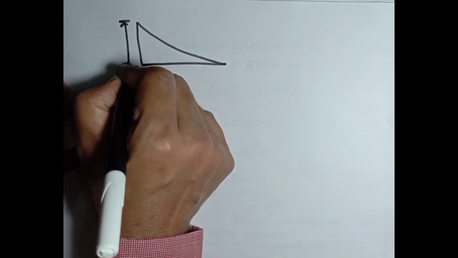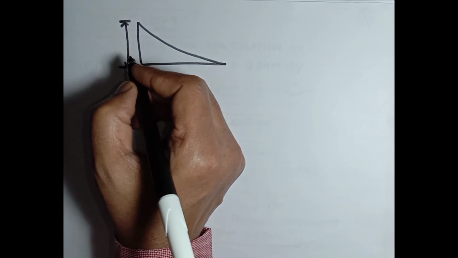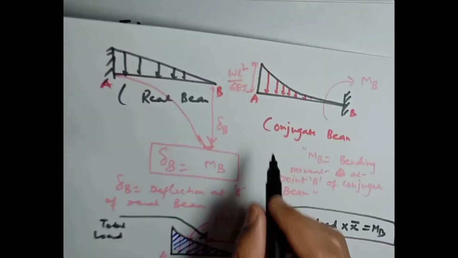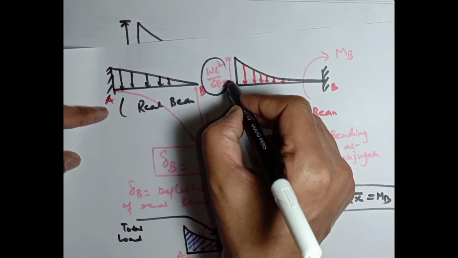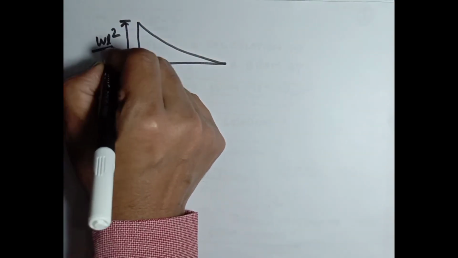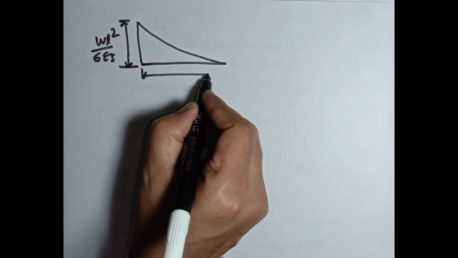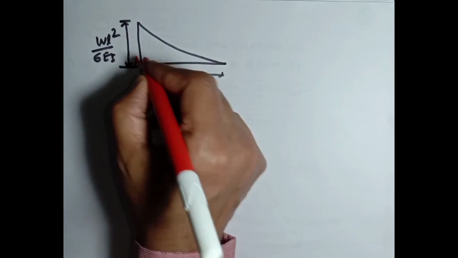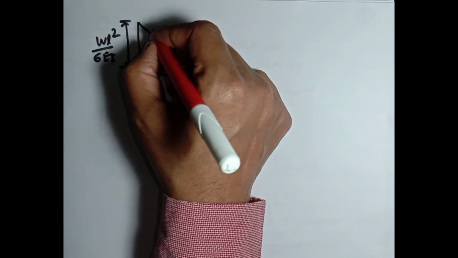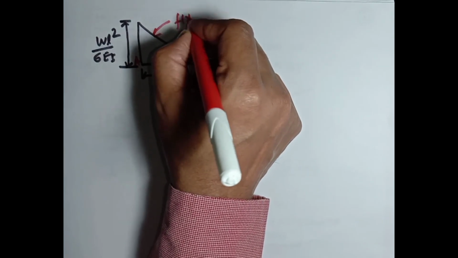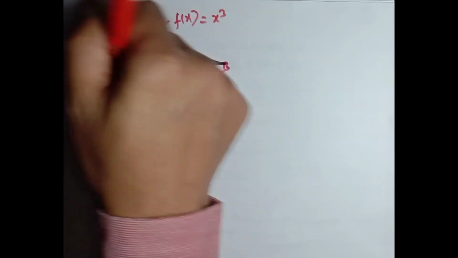The maximum value is the total loading, this is the maximum loading, WL square divided by 6EI, and the length is L. This point is A, this point is B, and this is following a function x to the power 3, and